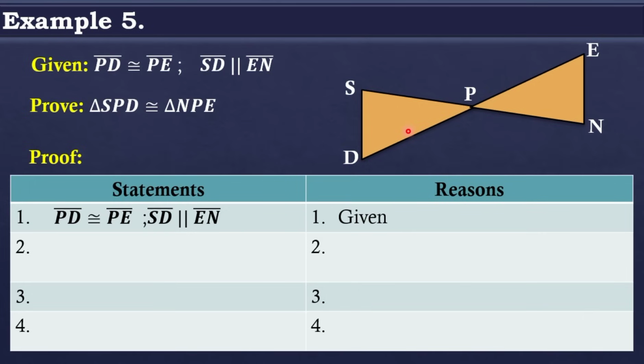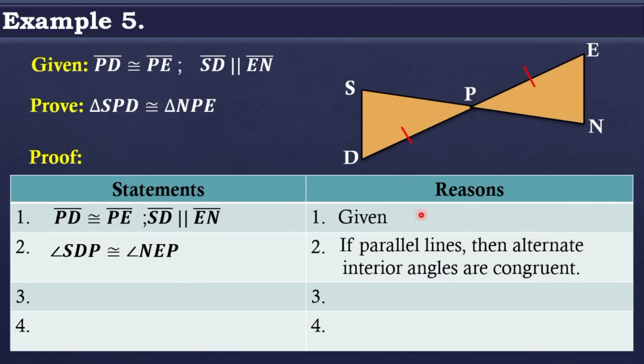So, lagyan natin ng mark si segment PD at si segment PE since they are congruent based po dito sa ating given. Now, these two sides of two triangles are congruent. So, we have angle SDP, SDP is congruent to angle NEP. Okay? So, reason, if parallel lines, since parallel po si SD at si EN, therefore, these two triangles are considered